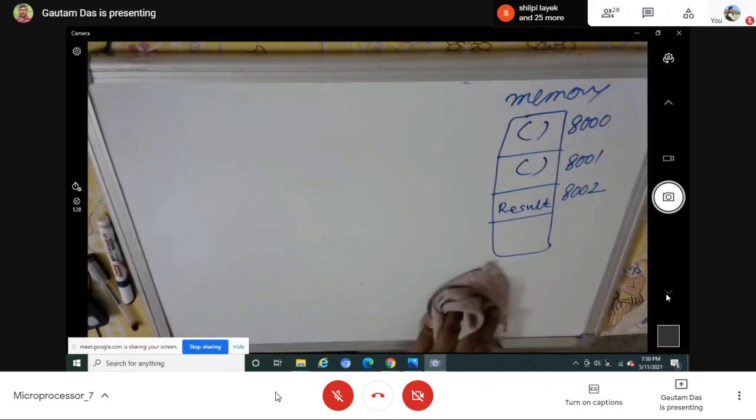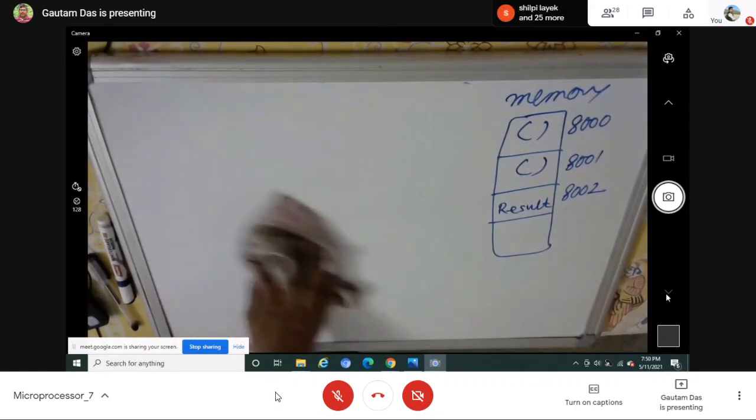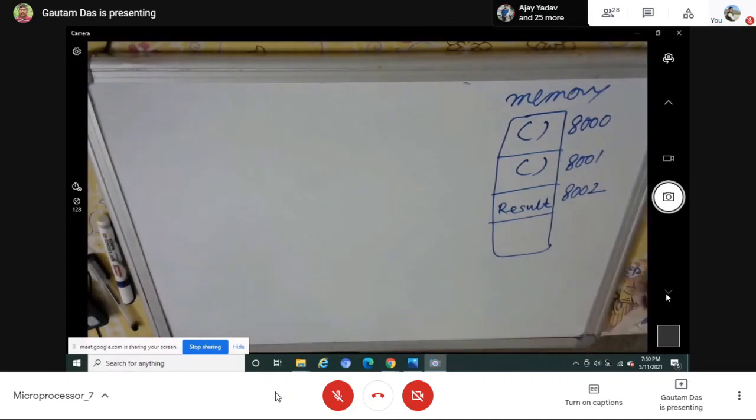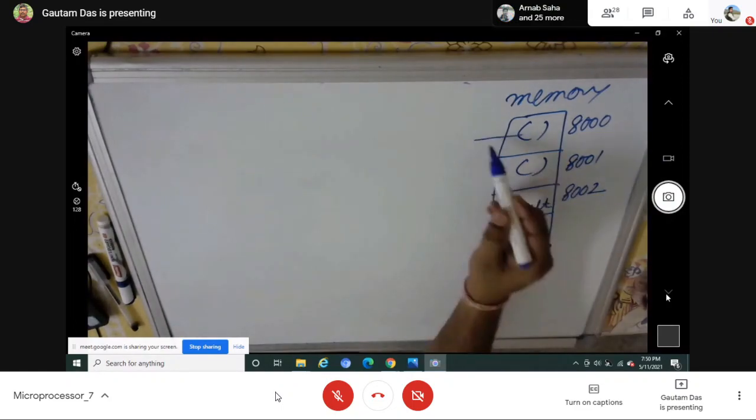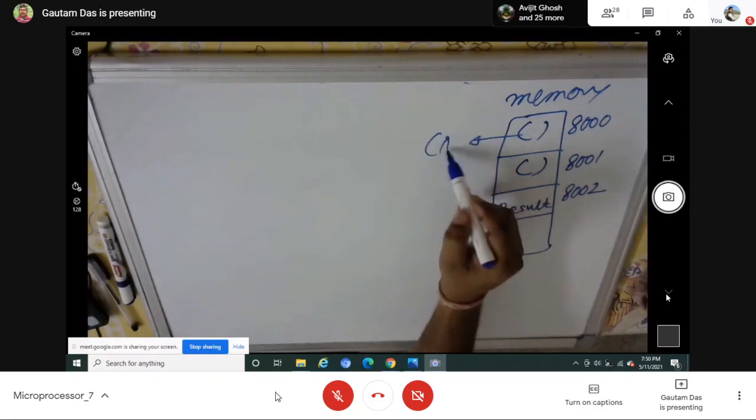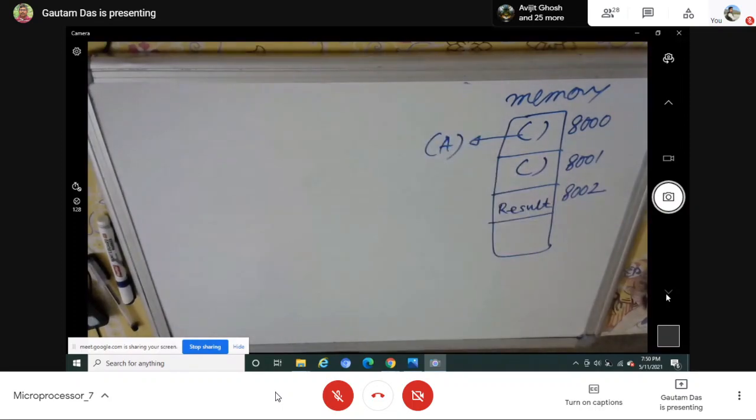So your basic operation, whatever is mentioned in this program, is addition. Whenever you understand that you have been told to perform addition, it should be in your mind that before performing addition, one data must be kept in the accumulator. So that operation you have to do first. So let's assume you will move this data into the accumulator first to perform your addition instruction.